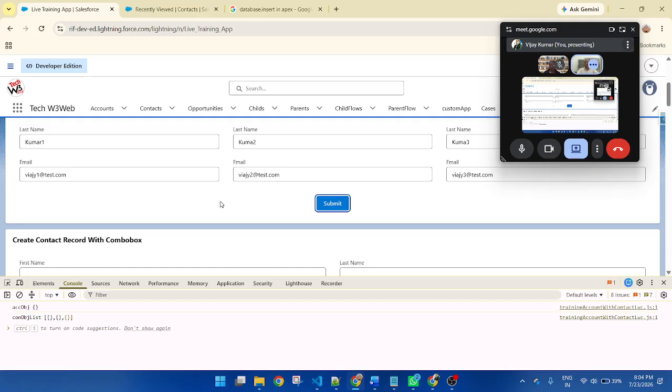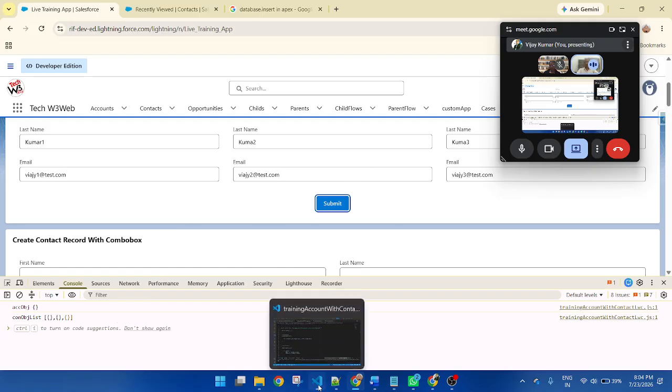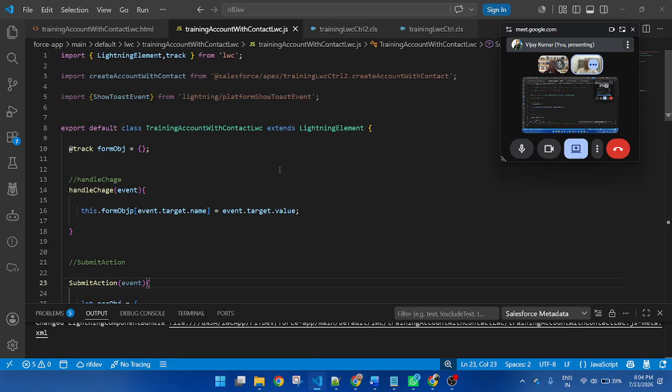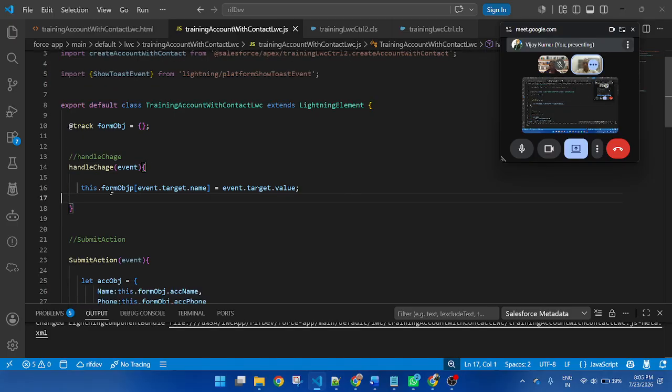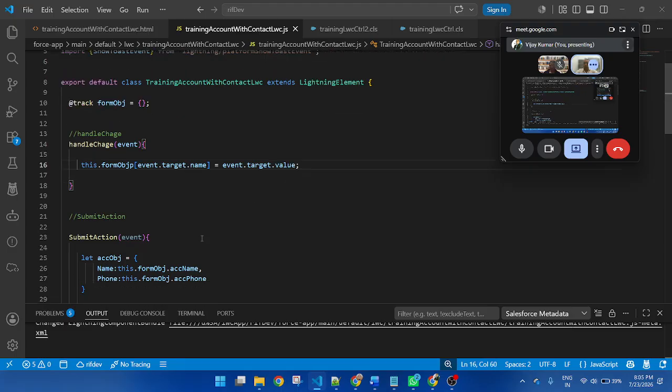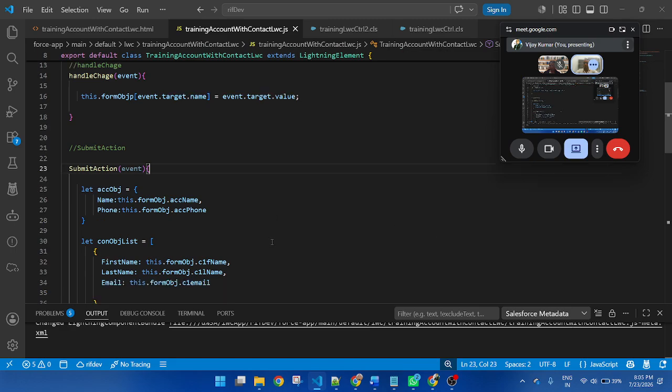That means when I click the button, it's not storing my value. So now let's check why not storing. Form object event. Let me check the spelling. Event target dot name equal to event target value. Okay.